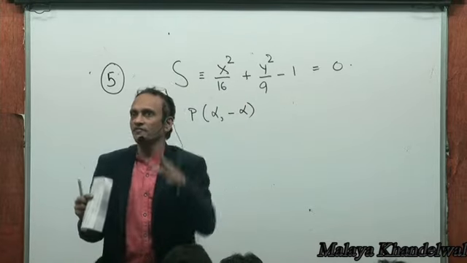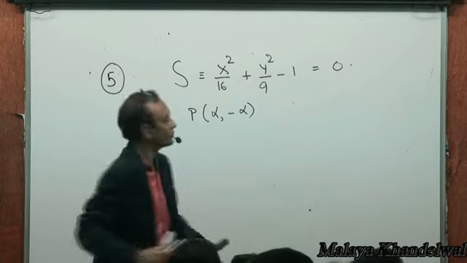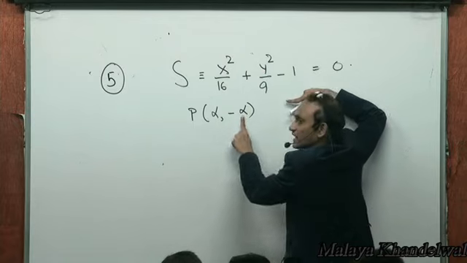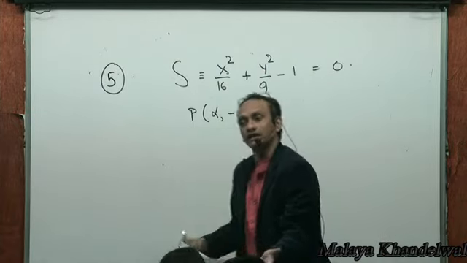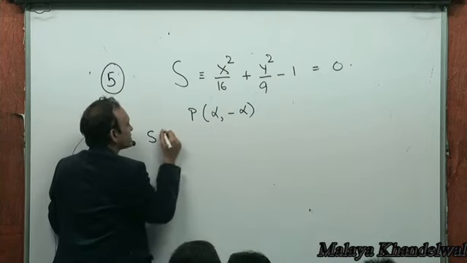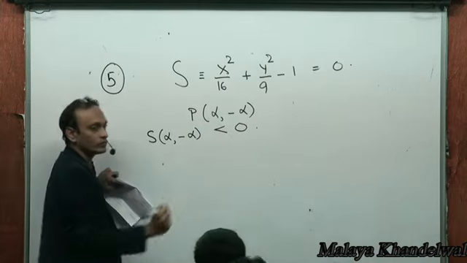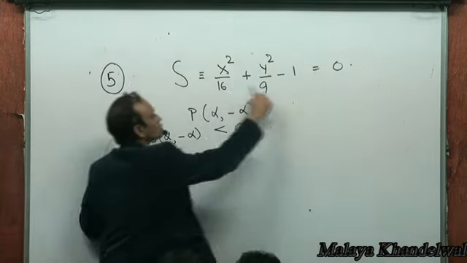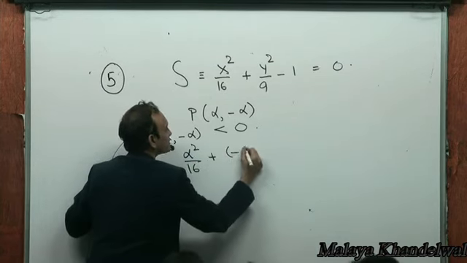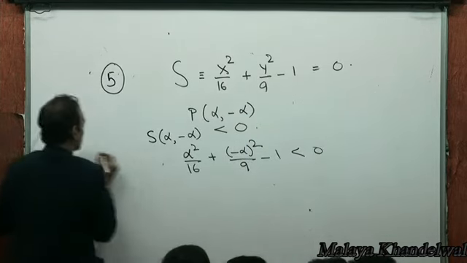See, a point (x1, y1) lies inside the ellipse if S1 is less than 0. That means if the value of S at x equal to alpha and y equal to minus alpha is less than 0, then this point would be lying inside the ellipse, right? We've discussed that. So the value of S at x equal to alpha and y equal to minus alpha must be less than 0, right? So that means alpha squared by 16 plus minus alpha squared by 9 minus 1 must be less than 0, giving me